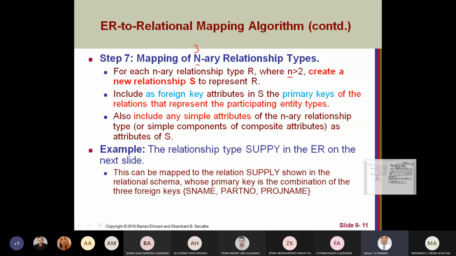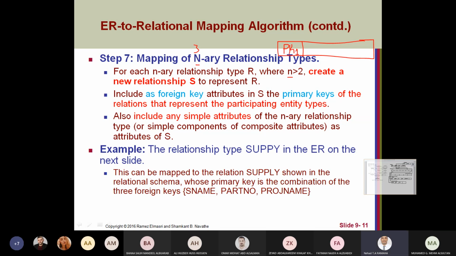Maybe you have a 4-ary relationship type, but it's difficult to have more. What should I do here? If you have, for example, a ternary relationship, you will create a new relation,